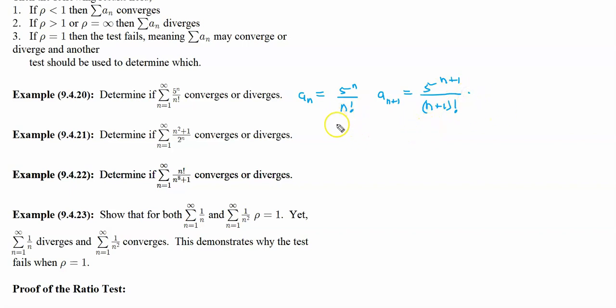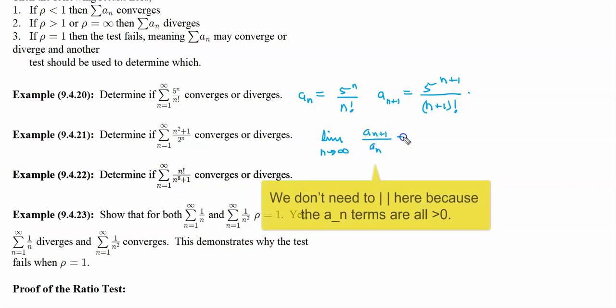Okay. So now if we look at the limit as n goes to infinity of a_(n+1) over a_n, well, in this case that's going to be